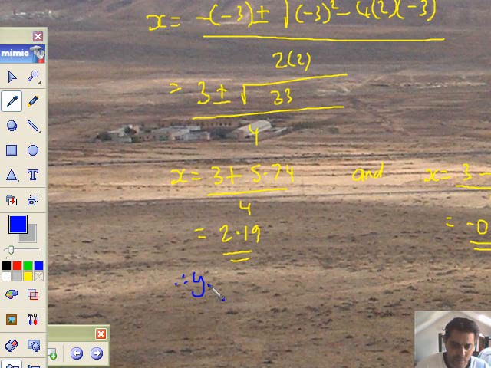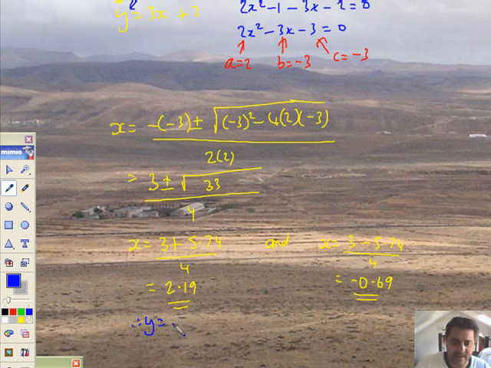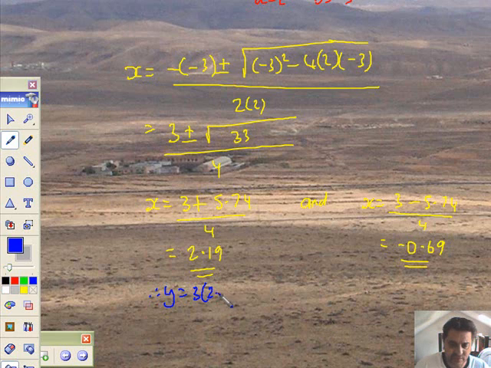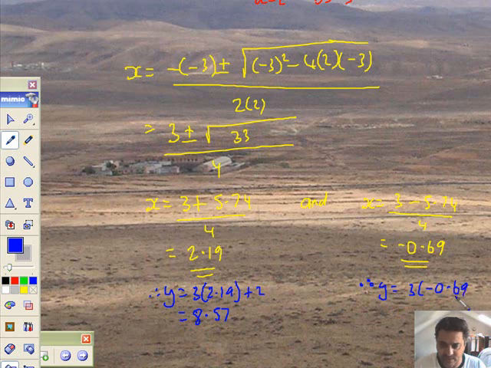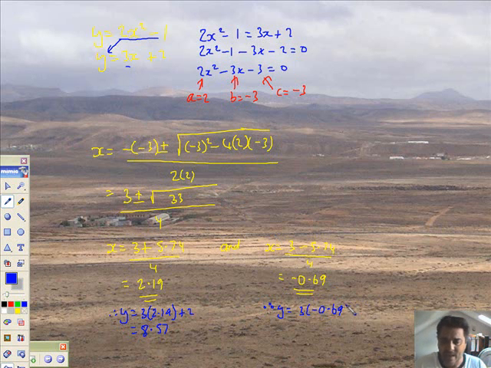So therefore y equals 3x plus 2, so let's just say it, 3 times 2.19 plus 2. Just get our calculator and do it quickly. So 2.19 times 3, press equals, then add on 2, I make that 8.57. Sorry, getting tired. And here I'm going to put a therefore, y equals 3 lots of minus 0.69, it's 3 x's, there it is. Now add on 2,